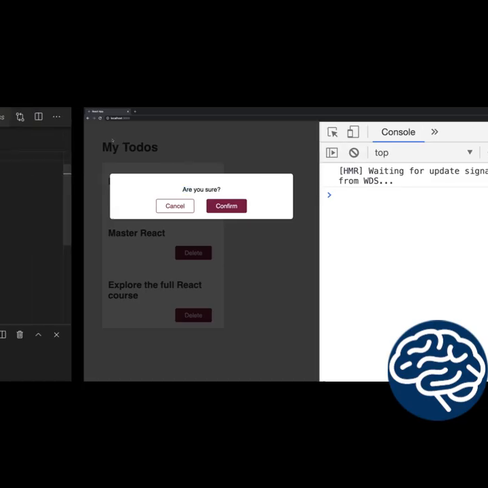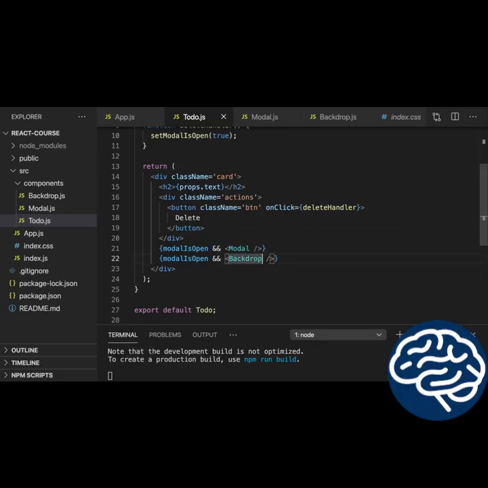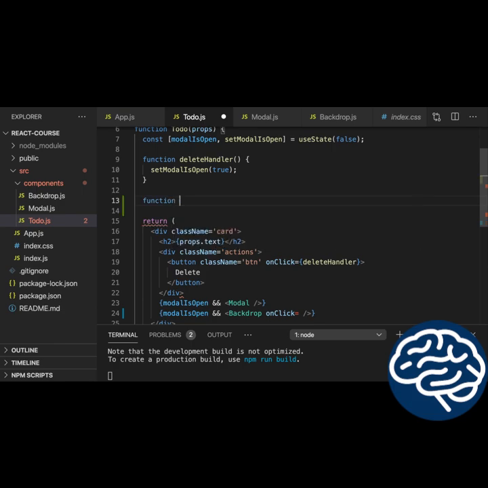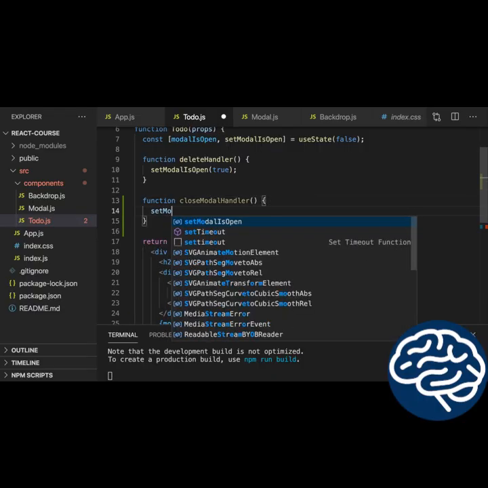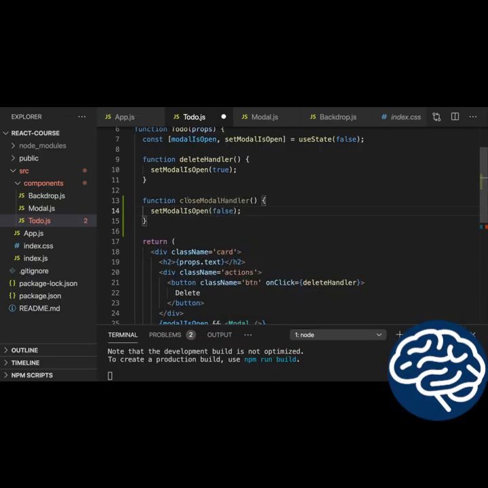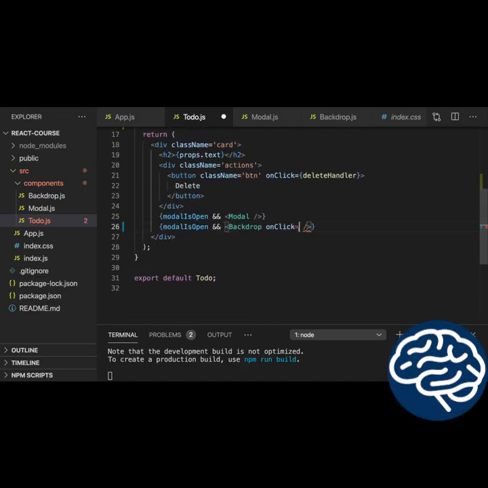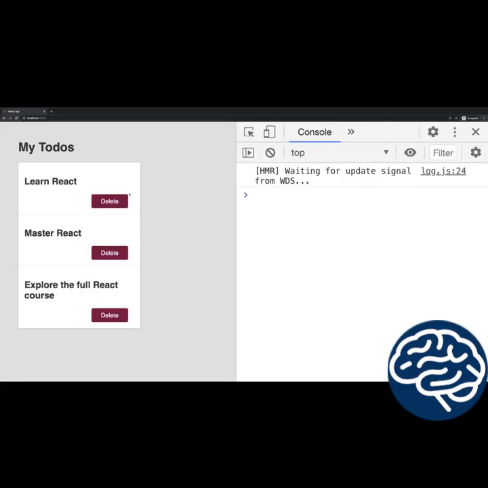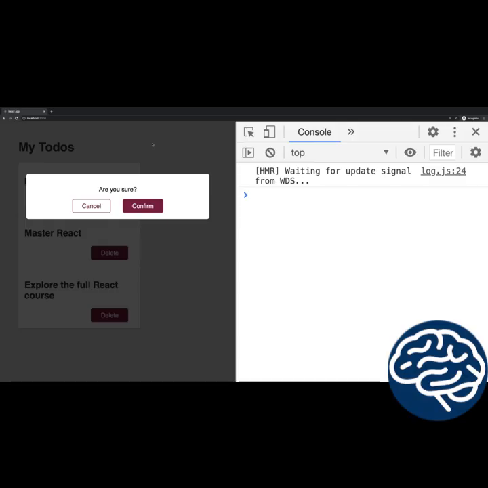Now for the backdrop click, you could think that on backdrop, you simply add on click again, and then we add a second function here, the close modal handler, let's say. And there we call set modal is open and set this to false. And then we point at this close modal handler here as a value for on click, just as we did it with the button in the end. But that won't work. If we save that and I reload, I can click the backdrop the entire day,